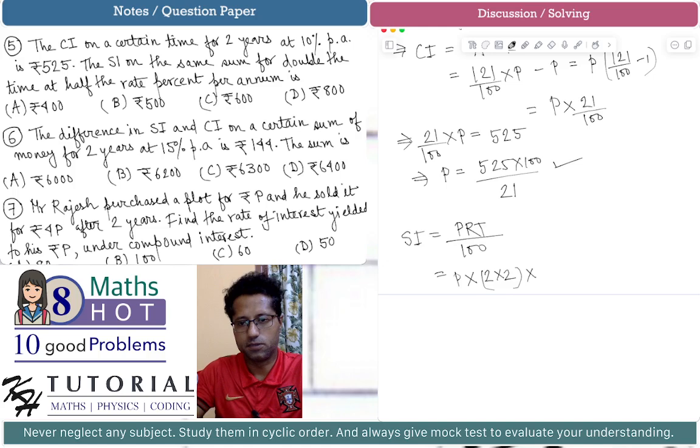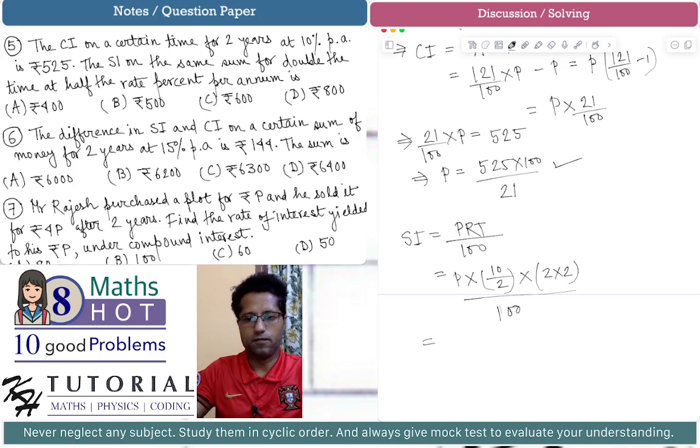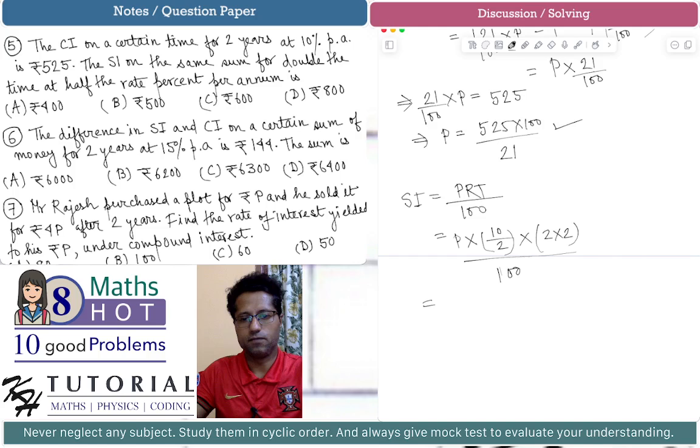Sorry, R is half the rate percent. The initial rate percent is given to be 10, so half the rate means 10 by 2, and T is double the time, so T is given to be 2 years, so 2 multiplied by 2. This is PRT divided by 100. And now if we substitute the value of P, we get